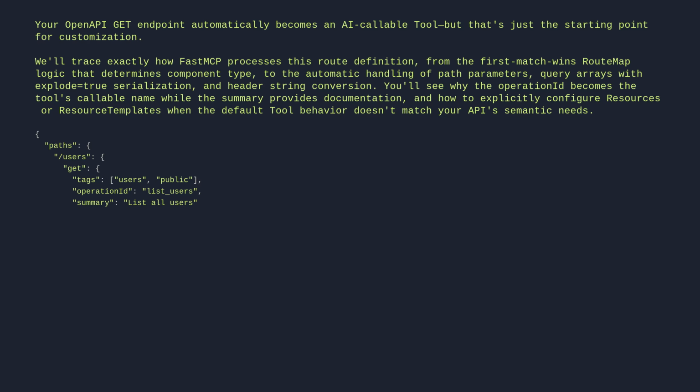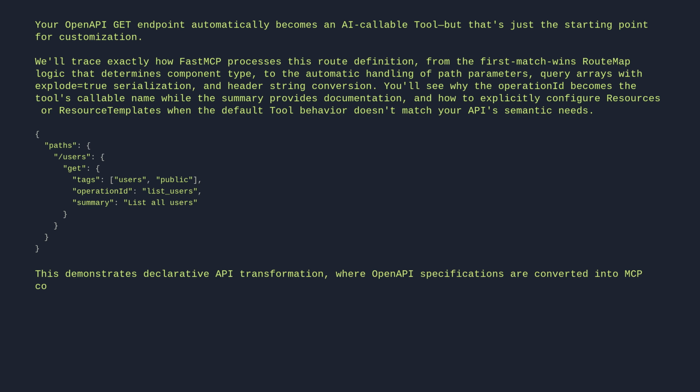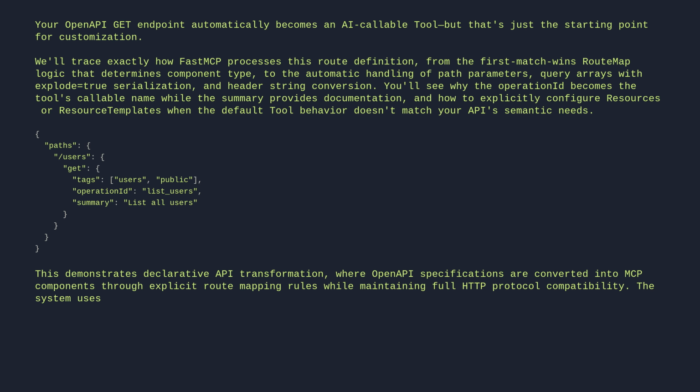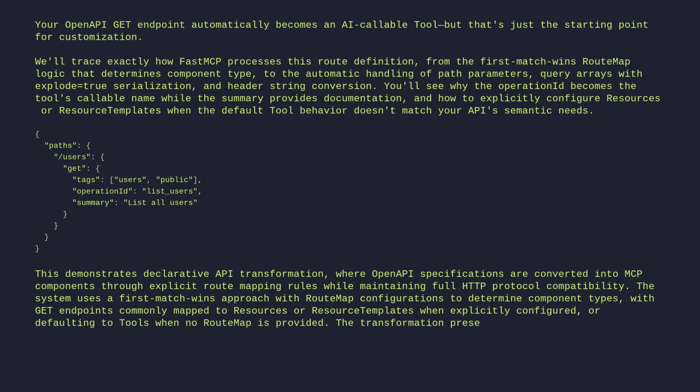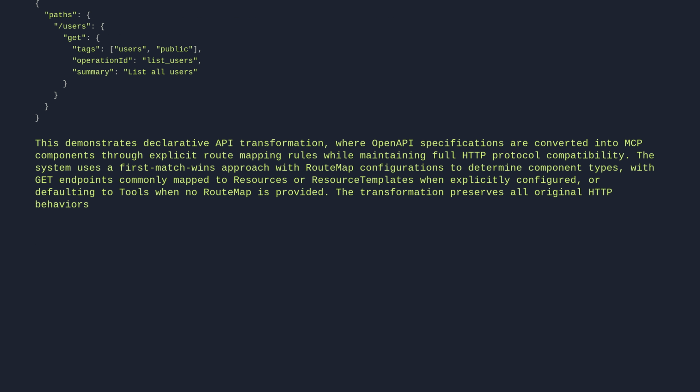This demonstrates declarative API transformation, where OpenAPI specifications are converted into MCP components through explicit route mapping rules while maintaining full HTTP protocol compatibility. The system uses a first match wins approach with RouteMap configurations to determine component types, with GET endpoints commonly mapped to resources or resource templates when explicitly configured, or defaulting to tools when no RouteMap is provided. The transformation preserves all original HTTP behaviors while adding MCP interface capabilities, including automatic handling of path parameters, query